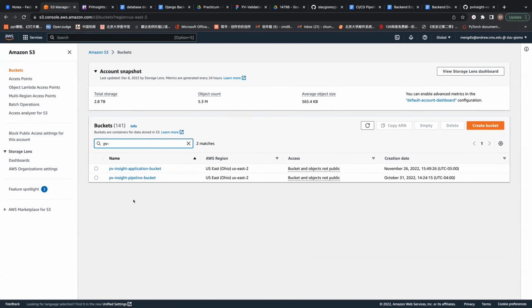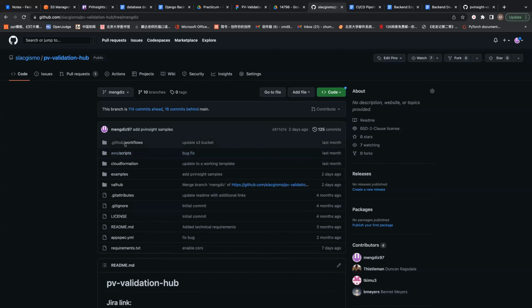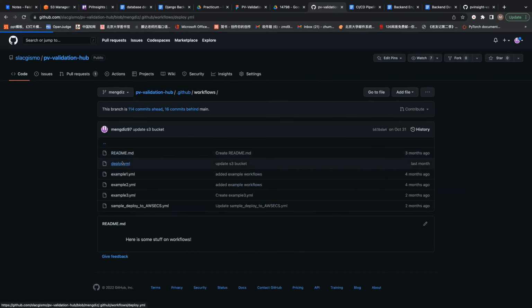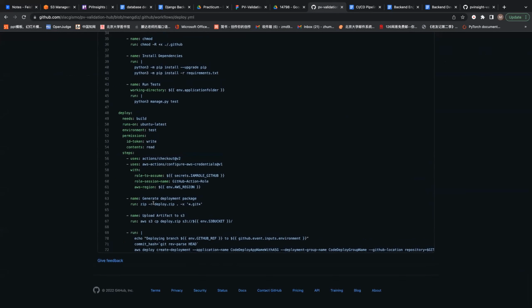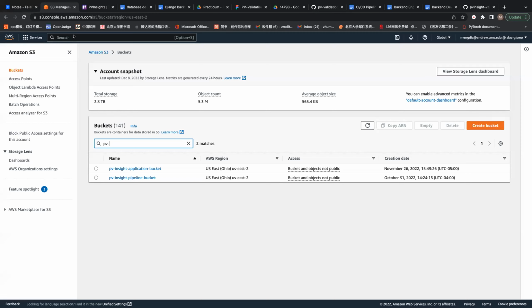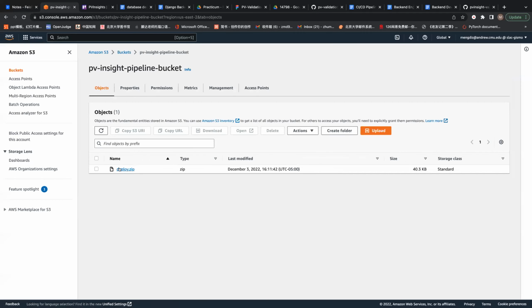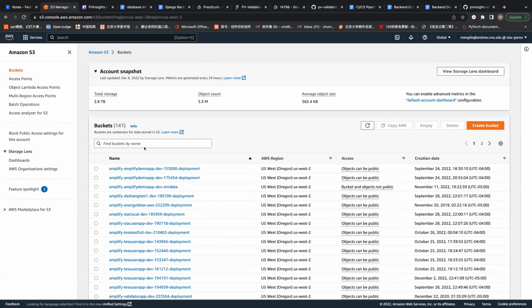Yeah, so we have two S3 buckets. The first is the pipeline bucket, where we hold our deployed zip file. So it has a deployed zip file here in our pipeline bucket, and our